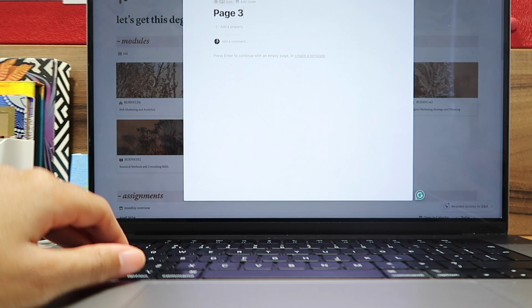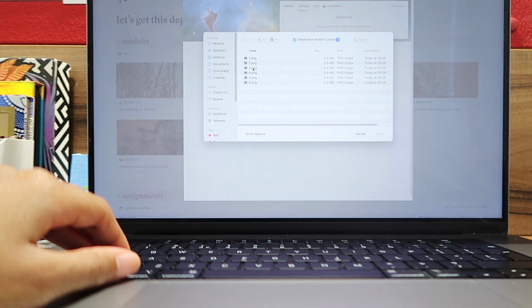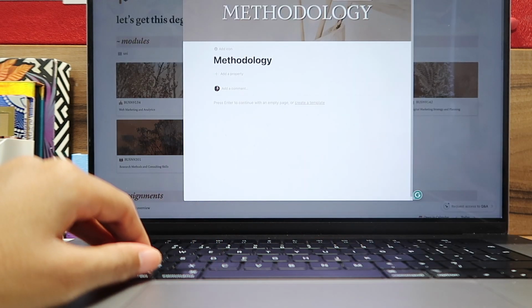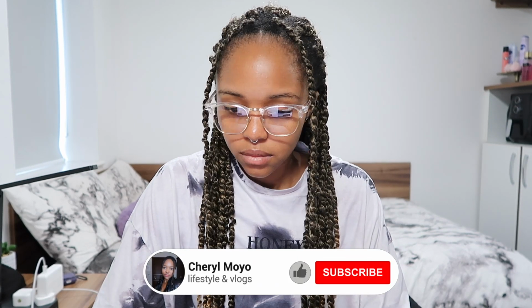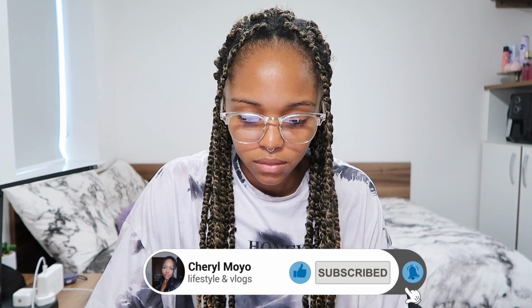I did spend a lot of time working on the Notion page, which might seem like a waste of time to some people, but I think planning is a really important step in anything you do in life. So I like to take my time with this stage, and I find that arranging my notes in an aesthetically pleasing way actually makes me more productive.